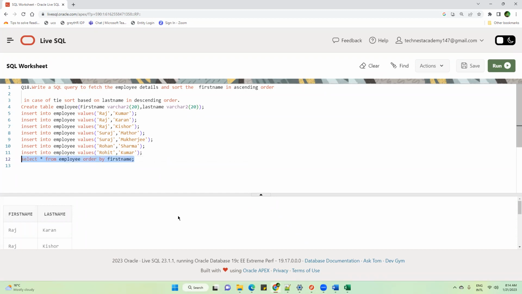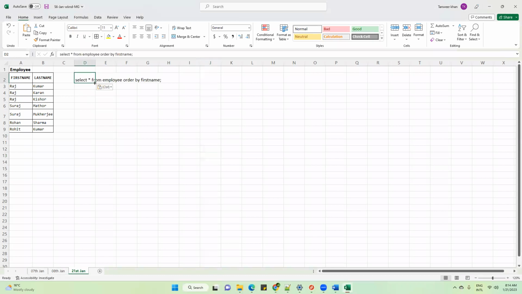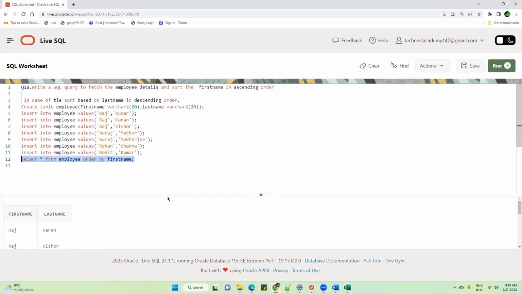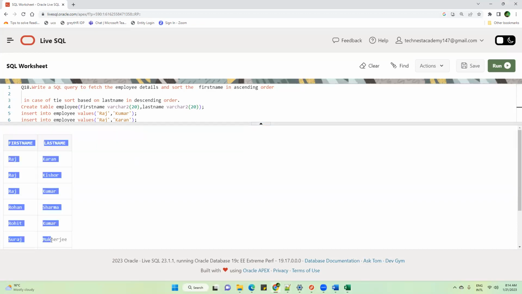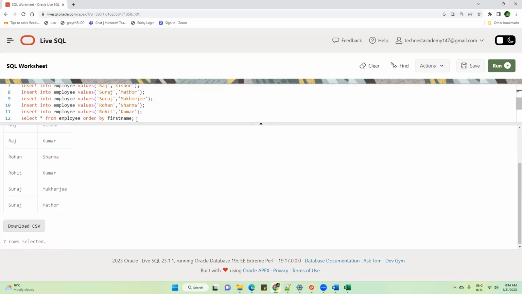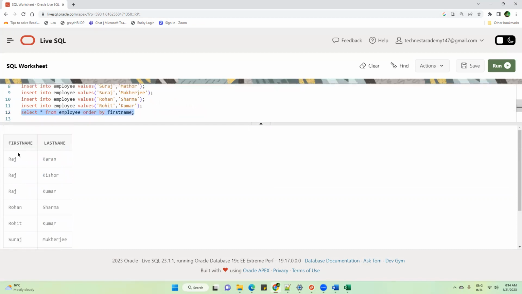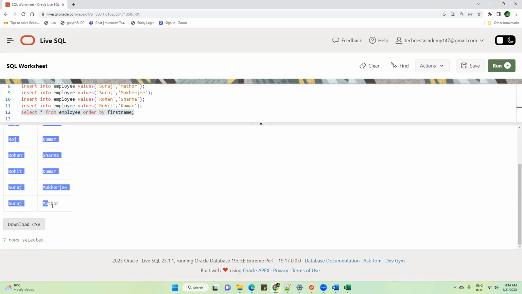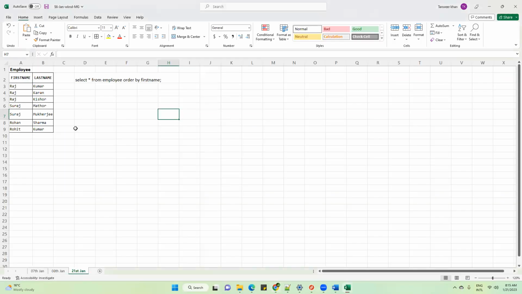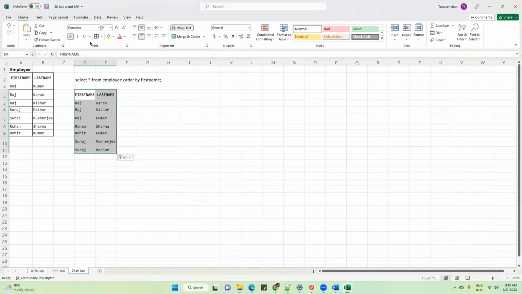Listen very carefully because this order by is a little bit complicated. First of all, I'm showing you simple examples, and then we'll see some complicated ones. I have executed this, and this is the output. Now tell me one thing: do you think this output is sorted based on the first name? Yes or no? If you don't think so, that is fine, you should challenge it. Yes, the output is sorted based on the first name. All R, then S, correct?